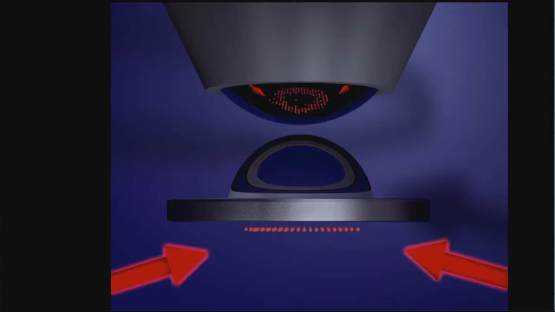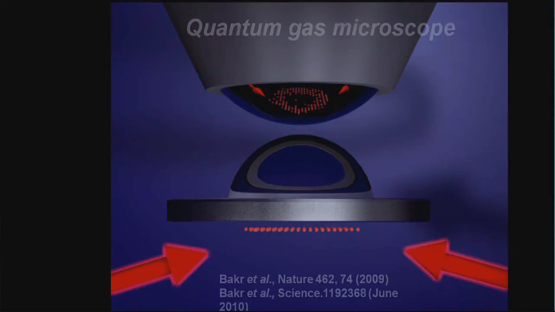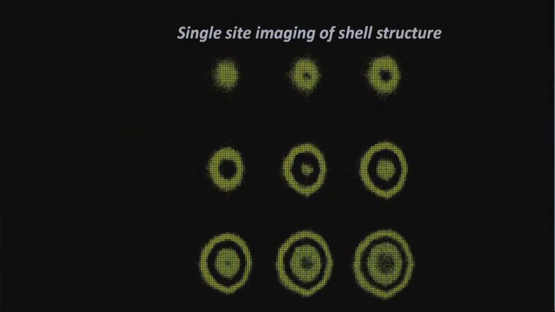There is another technique of observing that which is more recent. This is quantum gas microscopes, where you do the same physics in 2 dimensions, so you have only one plane where this physics takes place. And you can observe atoms now with a microscope. So each green dot here is an atom. You can zoom in, and if you now study the region where you go through the superfluid to the Mott insulator, you see that you have exactly 1 atom per site.